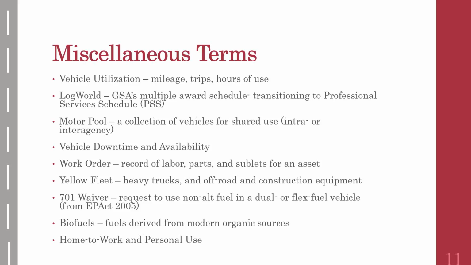However, if you have, say, a plumbing van that drives out to a facility, goes 2 miles in the morning to the facility, works all day at the facility, and back 2 miles, well, you might only accrue 4 miles that day, and the utilization would look quite low if you looked only at the mileage at the end of the year. But if you looked at the hours of use, that vehicle is being used full time. So you can't only look at mileage when you come up with a utilization criteria.